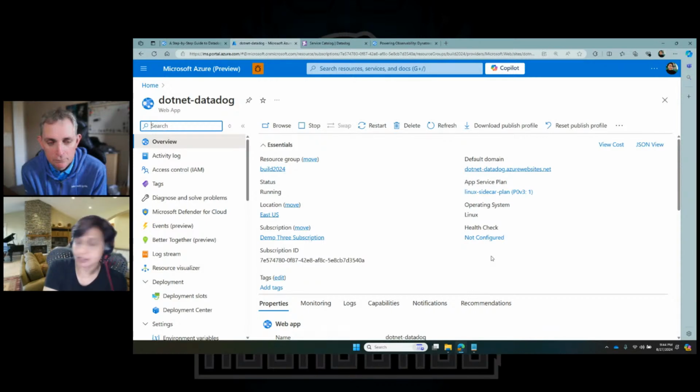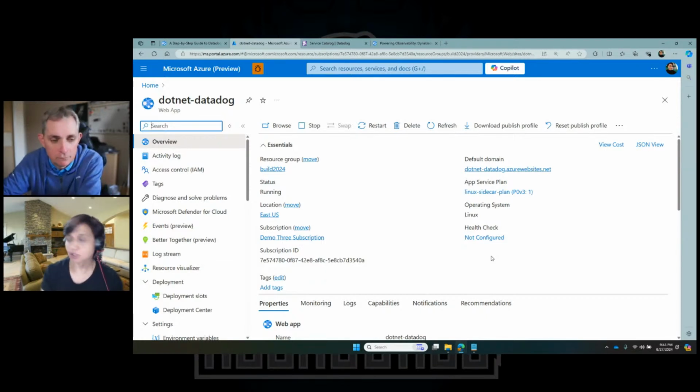Now we do have app insights, and you can absolutely use app insights, but you might already have a subscription for Datadog, and you might just want to use it in your web application. Before this, the way you would have done it is you would have downloaded the SDK for Datadog. You would have added it to your project. You would have added the code for it, of course, rebuilt the project, redeployed your project, and then you would have the Datadog integration. What we are trying to do over here is that as a customer, you should not have to do so many things to simply get your data flowing to Datadog.